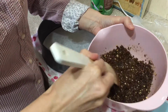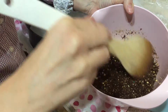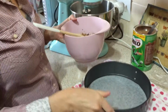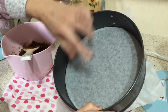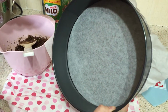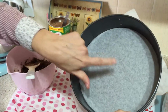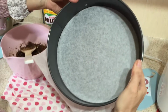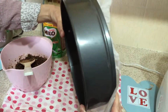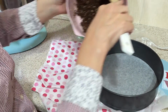Right, so my butter's been nicely incorporated into my biscuit crumbs, and I have put my springform pan together here. I've lined the springform pan with baking paper. You can see the baking paper comes out. I've made sure that the bottom of my springform pan is nicely clipped into the base, and now you can